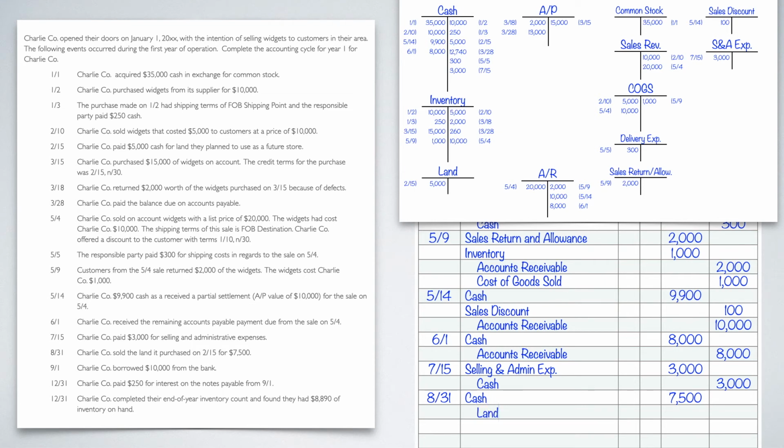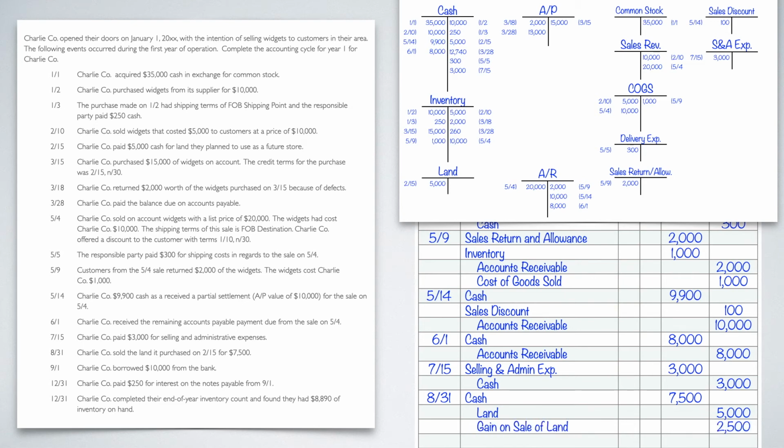So I'll credit land for 5,000, but we know that we're off because remember, our debits and our credits have to equal, and right now 7,500 and 5,000 does not equal. So we need to come up with something to show the difference. We know it's going to be 2,500 on the credit side. So what are we going to call that? Well, this is not a normal revenue. This is what we call a capital gain. And what we're going to record it as is a gain on the sale of land.